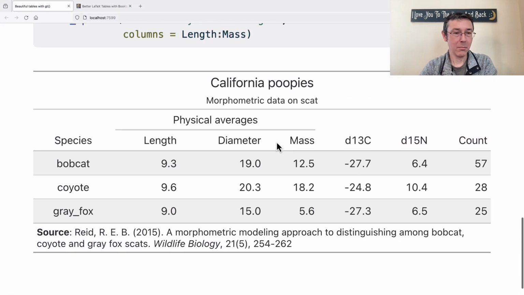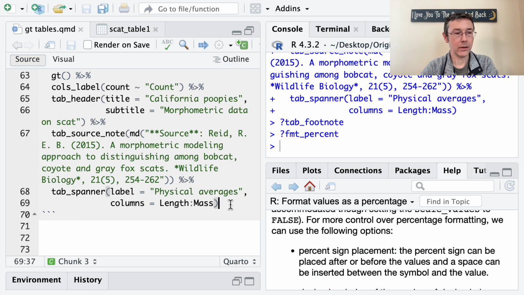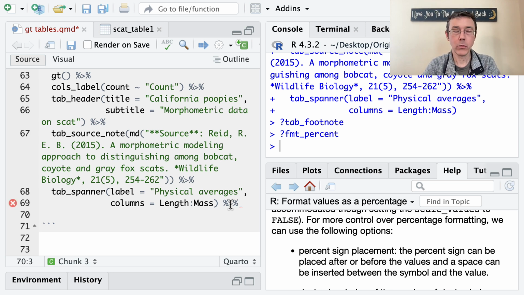Okay, so there's the table that I'm working with. I want to point out in this case that I can change sort of the default layout here. Just like with ggplot, there's different themes that you can switch to that are sort of completely different ways of looking at the plot without changing the actual data. It just kind of changes the overall style. Same thing here. And I want to point out